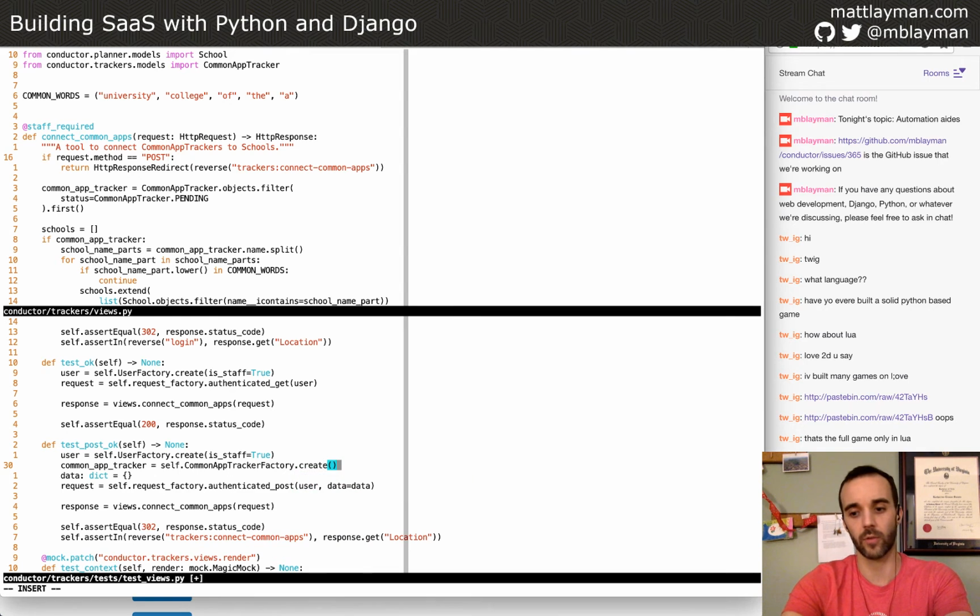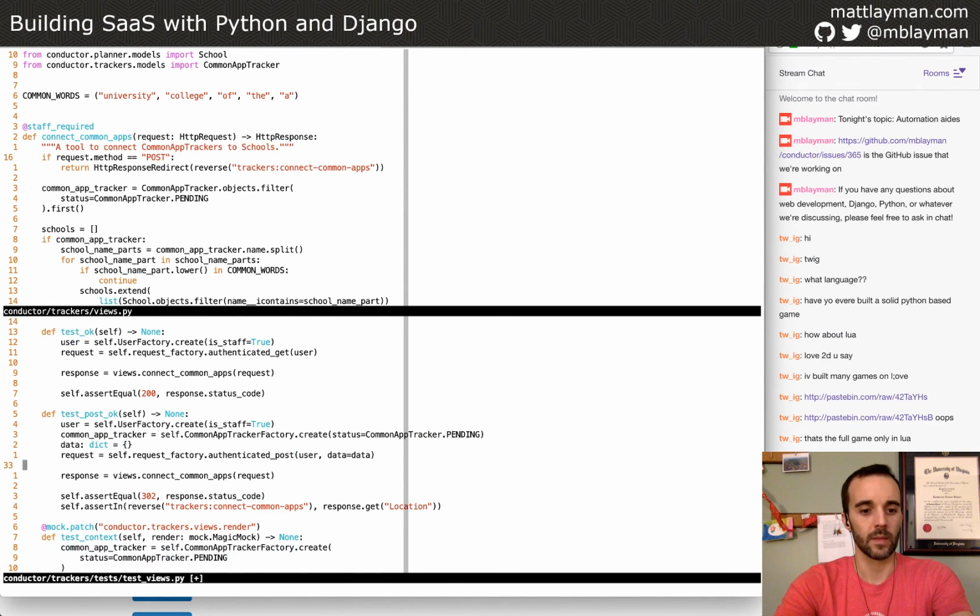So I'm using Factory Boy, which makes a place to create database rows. And so that's a really powerful way that you can make just enough data that you need in the test, so you're not making too much and you're not having tests that interact like you can if you did Django fixtures. So it makes just the data that you need to prove that it's working. And we also want this to have the status of pending. So we want to do common app tracker pending.